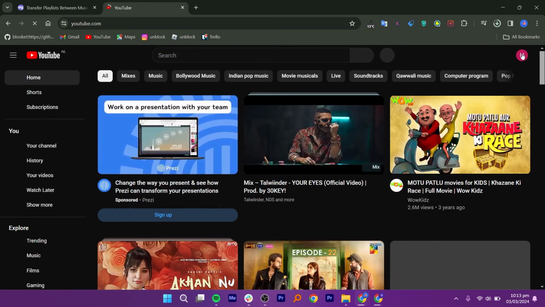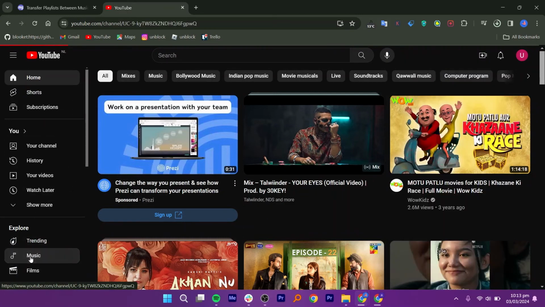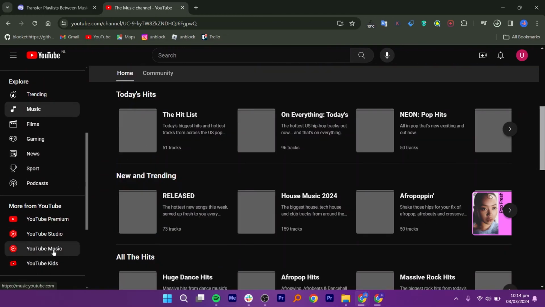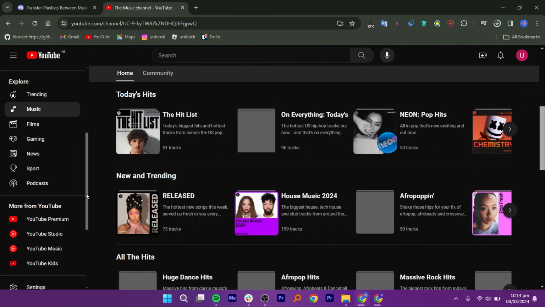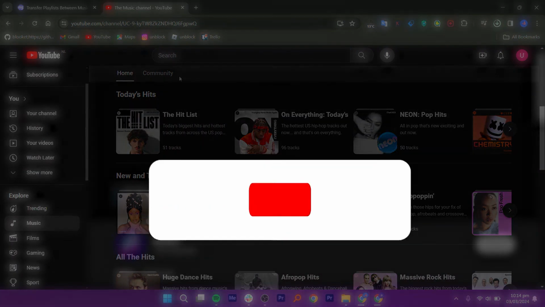Once the transfer is complete, review the migrated playlist on YouTube Music to ensure everything is transferred correctly. Go to your YouTube account and click on Music. Now that your Spotify playlist is successfully transferred, you can enjoy listening to it on YouTube Music across all your devices. By following these steps, you can easily transfer your Spotify playlist to YouTube Music and continue enjoying your favorite